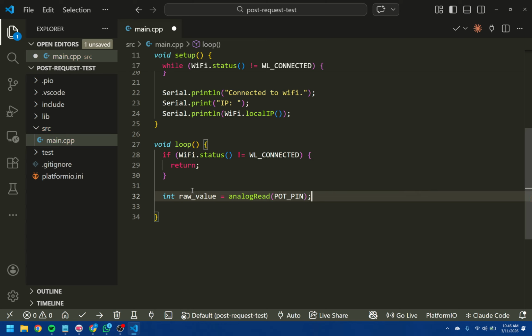The ESP32 has a 12-bit ADC, so that means the minimum value is 0 and the maximum value is 4095. I don't want to send the raw value. I want to send like a percentage, a percentage between 0 and 100% of how much voltage is being read. And this is going to be a percentage of 3.3 volts because the ESP uses a VREF of 3.3 volts,